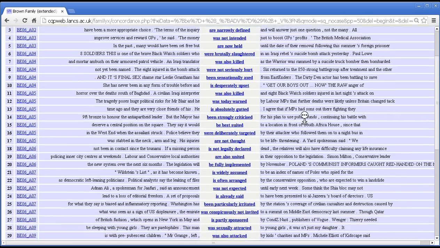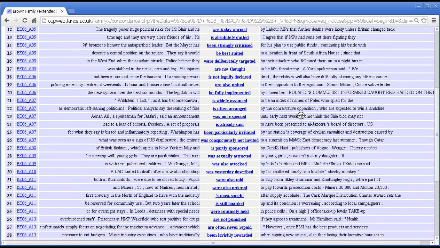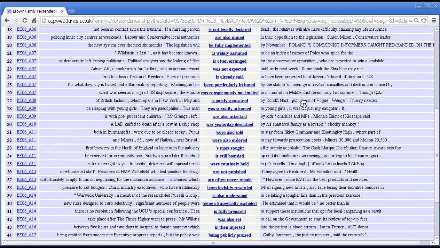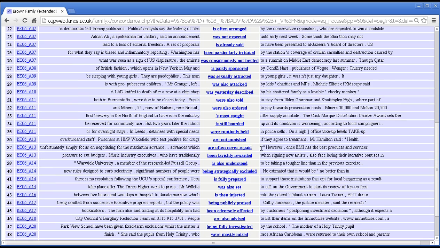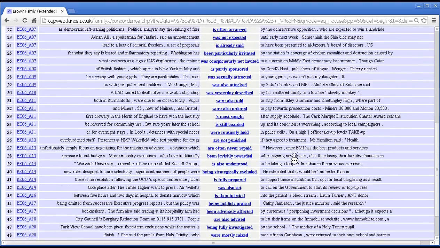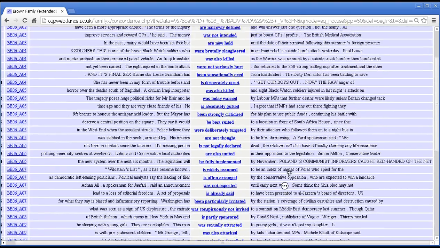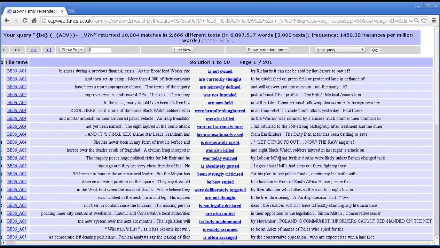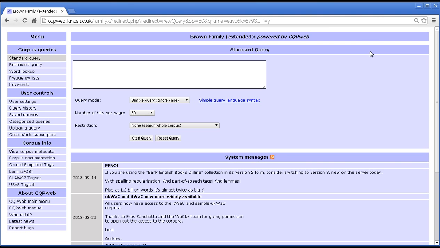Can I find one with 3? Probably not. There's another with 2. So there are quite a few with 2 adverbs, but there are not so many with 3 adverbs, at least not so far as we can see, although there are 10,000 matches, so it could take quite a long time to make certain. Sorry, again, let me go backwards so I don't lose the query. So, we have seen